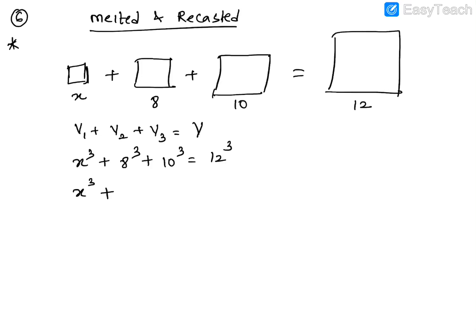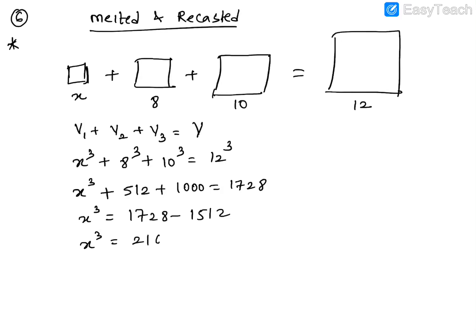512. So we'll write 8 cube as 512, plus 10 cube is what? 1000, and then you have to do 12 cube. I think that is 1728. Correct? So x cube is equal to, now you have to subtract them. So 1728 minus 1512, so it will become 216. So x is equal to what? 6. You don't need to write any unit or something, because they have just asked us what's the value of